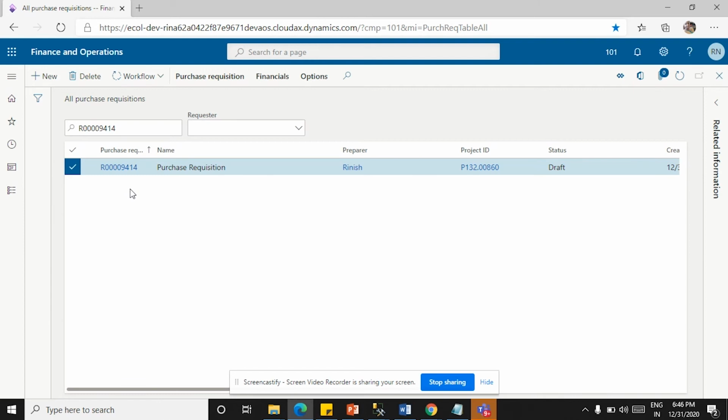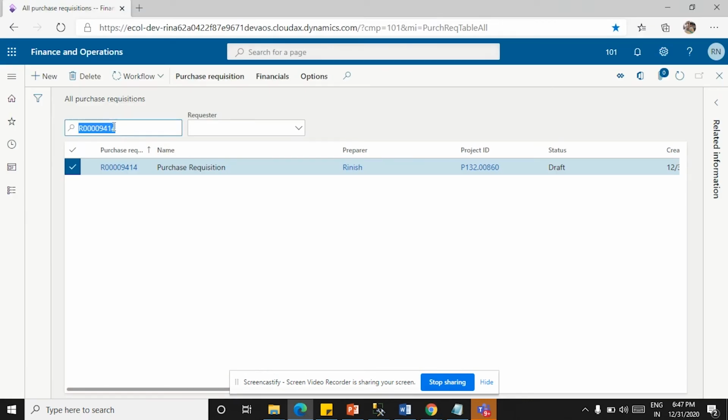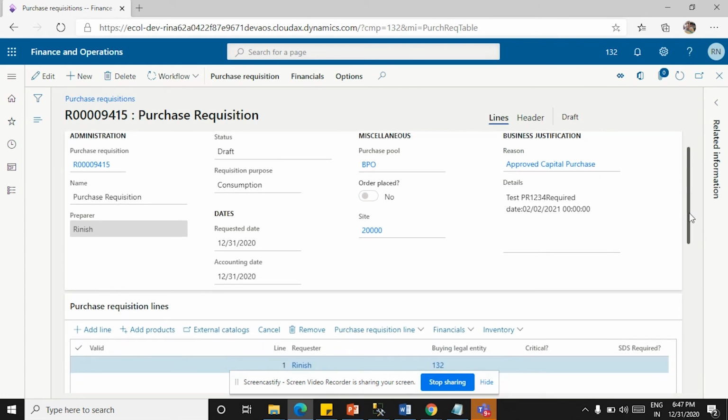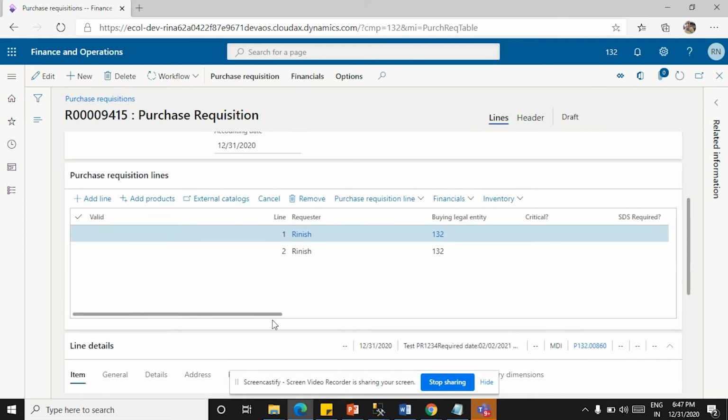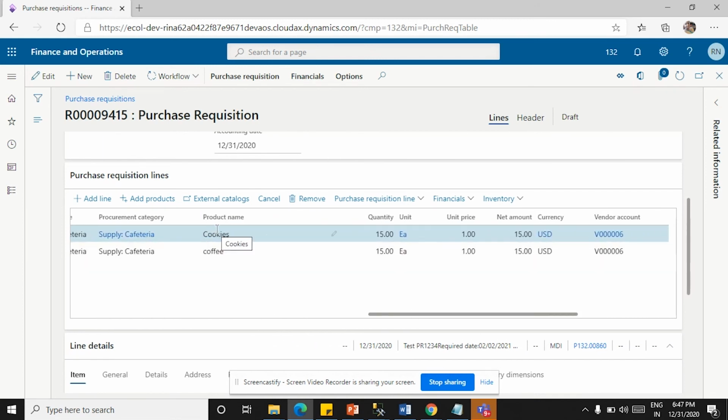Now I'm going and checking my request number. So here is my request number. I'm just copying it and going to check in my account if it is created. Yes, it is created. It actually has many details, but for now we have added some default values, and wherever necessary we are asking through the bot. Now the purchase order is created for the product with the respective quantity and unit price, and the total net amount.